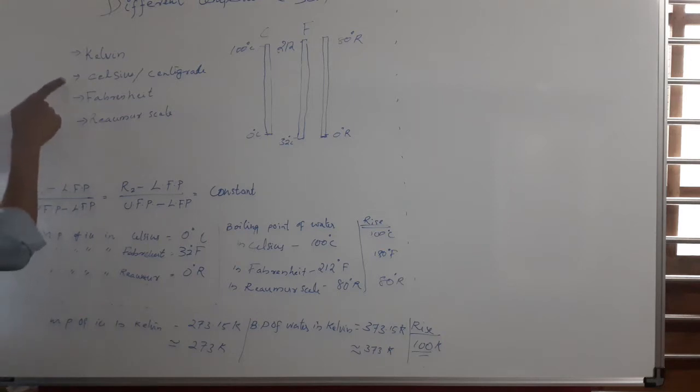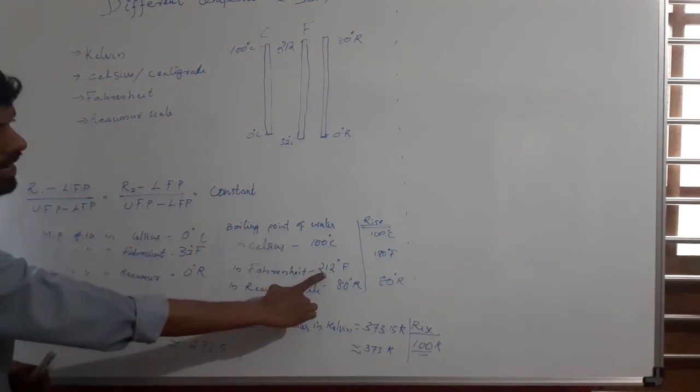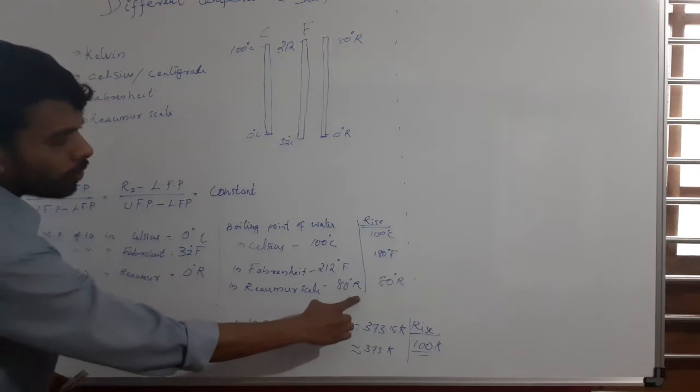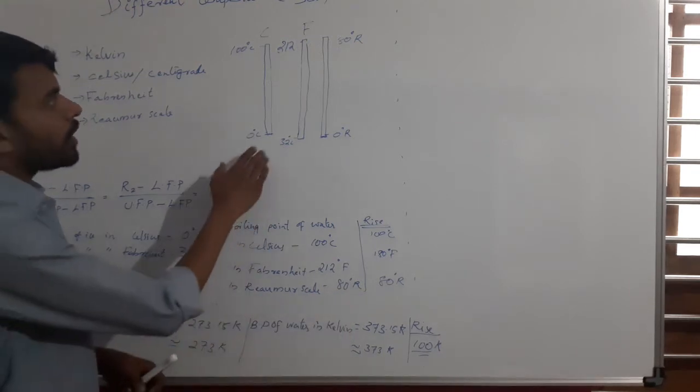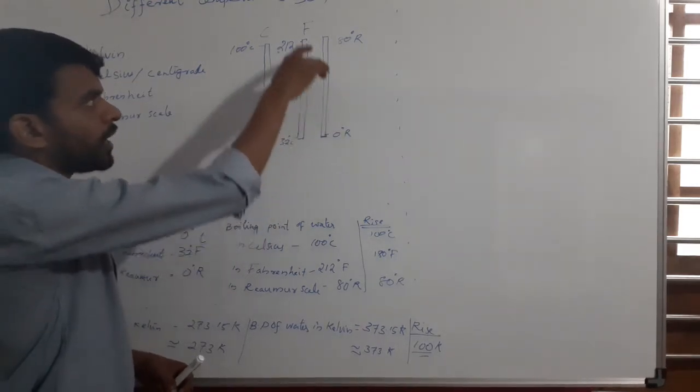fixed point in Celsius as boiling water. Water boils at 100 degree Celsius. Water boils at 212 degree Fahrenheit. The boiling point of water in Fahrenheit is 212. Again in Romer scale it is 80 degree Romer. So if you are having degree Celsius, then Fahrenheit, then Romer scale, three different scales,